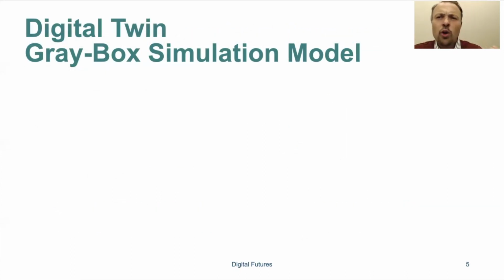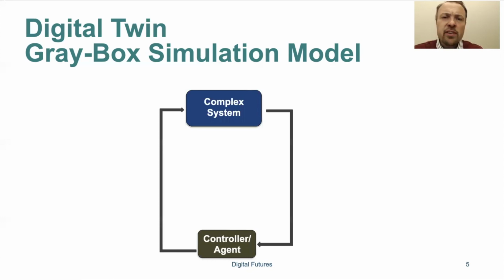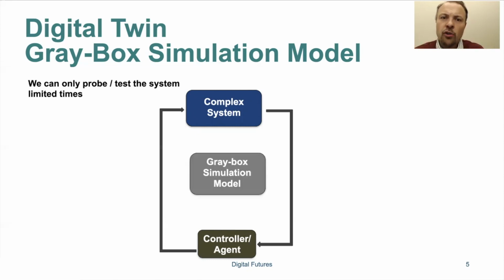What is then the approach that we take in this project? We have this complex system that we want to control using some sort of reinforcement learning technique. But we cannot probe the system. We can just probe it a limited amount of times. So the key idea is to create a model, a so-called gray box model, where we can learn from data, but we also encode a priori information into the model. And this model can also be called a digital twin, a replica of the real system. And if we have that model of the system and we are able to simulate the model,